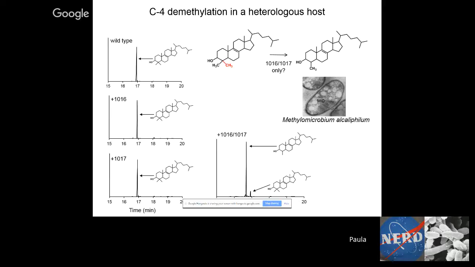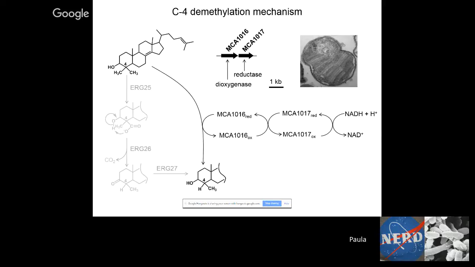So what is the mechanism? I've presented this at a couple of conferences and talked to a few chemists about it, and they have told me that these dioxygenases typically come with a reductase that is its partner, and the reductase doesn't actually function in the actual reaction, but what it does is it is responsible for re-reducing the dioxygenase so that the dioxygenase can carry out this reaction again.